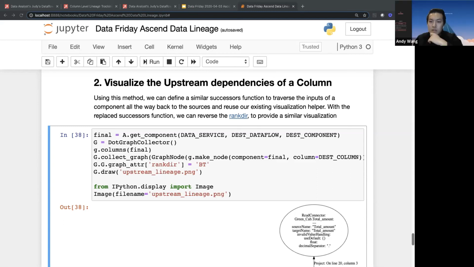We have a question from Tom asking, is this a feature I have to buy, or is it part of the core product? This is part of the core product. The best part is we don't have special pricing for this. As I mentioned before, by design, our data aware system calculates all of these under the hood as the data engineers build the pipeline. So this is available for every Ascend customer, as well as every trial user, immediately.